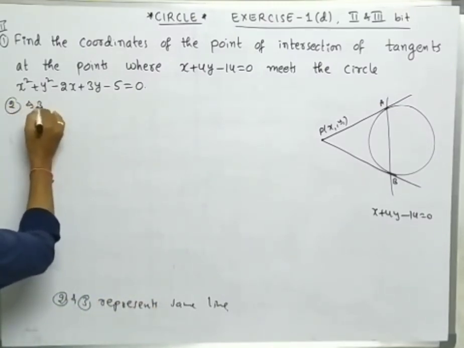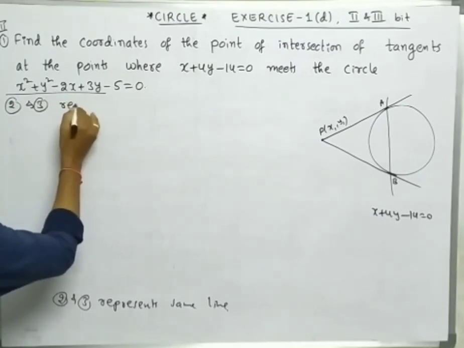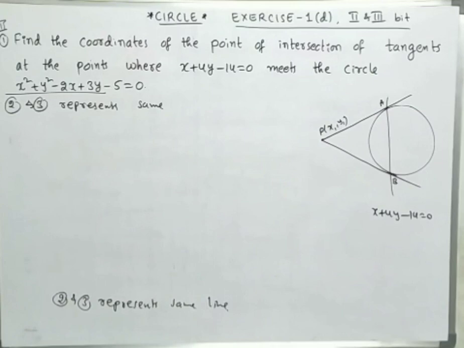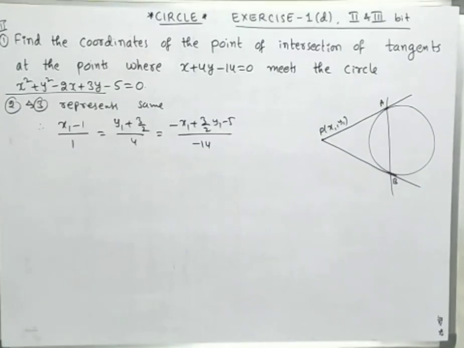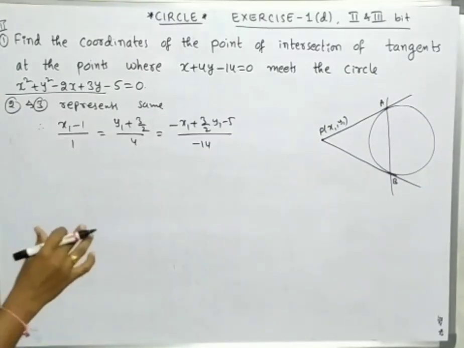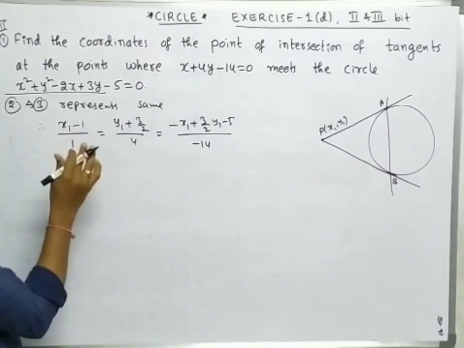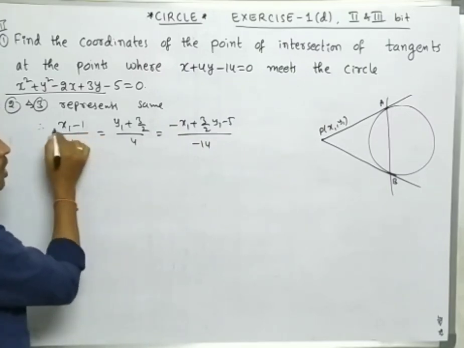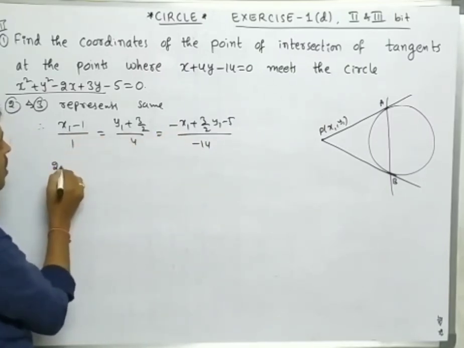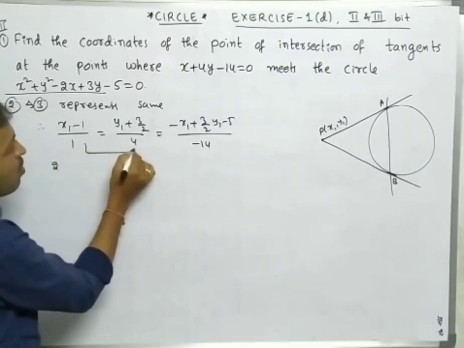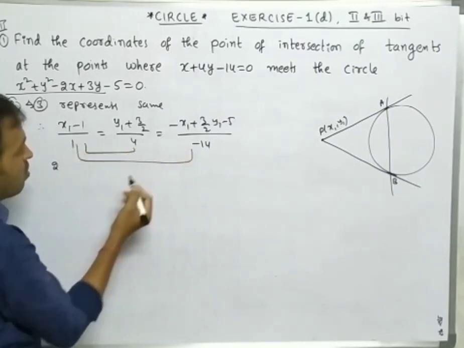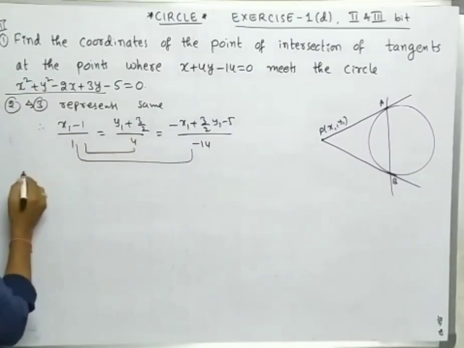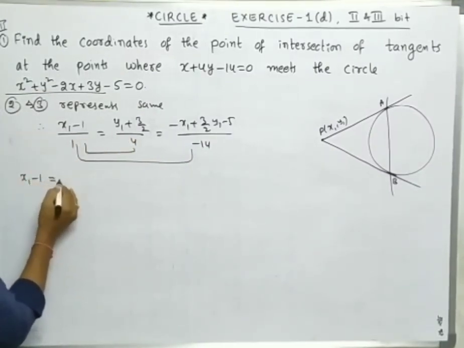So 2 and 3 represent the same. So from the second and third equations we can write this: a1 by a2 is equal to b1 by b2 is equal to c1 by c2. So multiply all with 2, otherwise equate these two and equate these two. Okay, so by using these two relations, (x1 - 1) is equal to